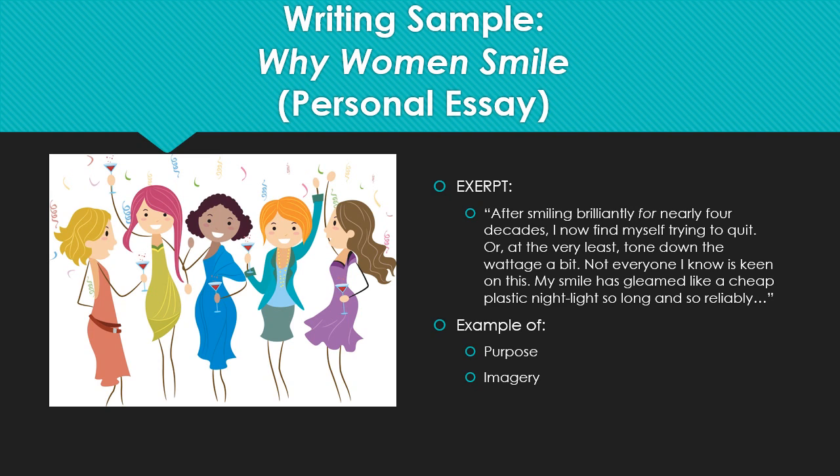She's established the purpose. The second example is of imagery, and we see this in her fantastic use of "my smile gleams like a cheap plastic nightlight." We can all kind of picture what that would exactly look like, can't we? Additionally, with examples like